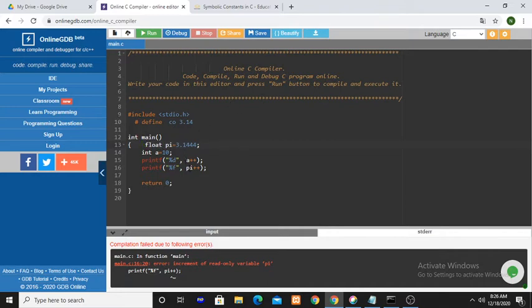Here in this program, I am incrementing the value of pi. In the printf statement I have written pi plus plus.